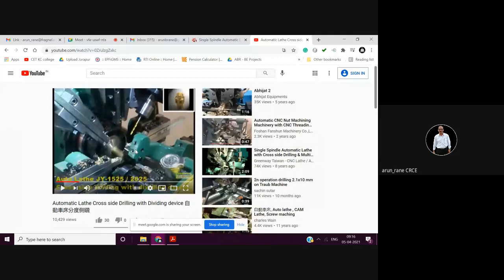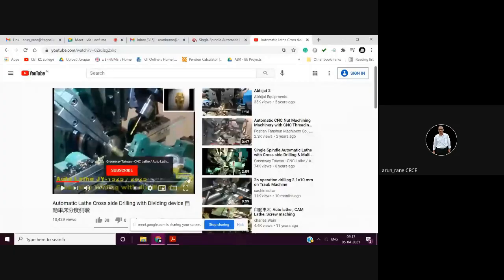Now here, this cross slide, the front cross slide, will move in this longitudinal direction. The rear cross slide will also move in this longitudinal direction. Then you can take a cut, that is called the depth of cut. So this is your normal lathe machine operation. Plus you can do the operation from the tailstock.